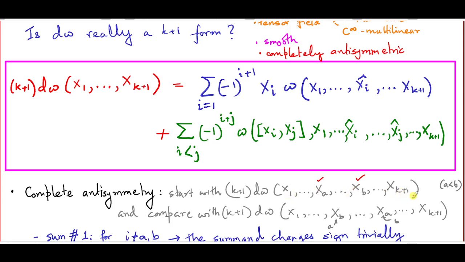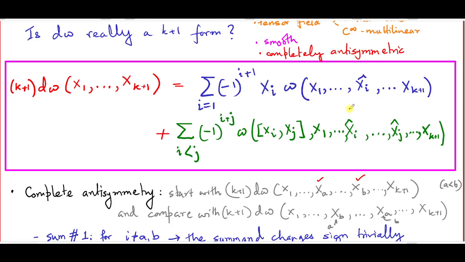What we want to do is compare this with what happens when we interchange the two vector fields xb and xa. What is important is to realize that the positions a and b stay the same. It is the vector fields which occupy them that get interchanged. So xb is now sitting in the ath place and xa is sitting in the bth place. We will now take a look at this expression and try to see what changes there will be when this interchange takes place. Now, if we look at the first sum,